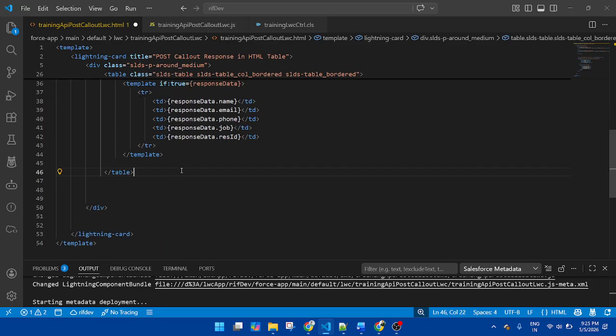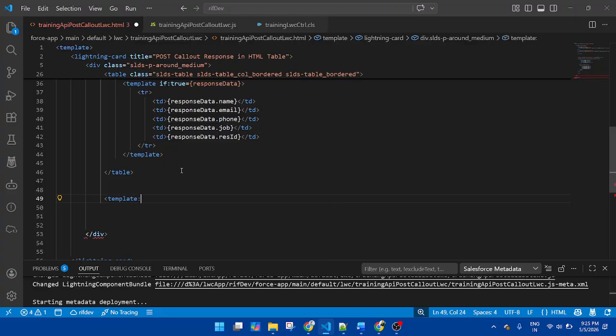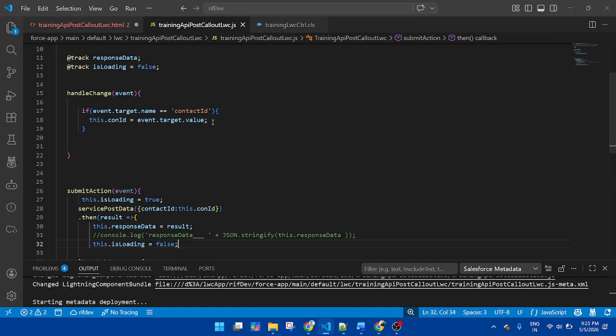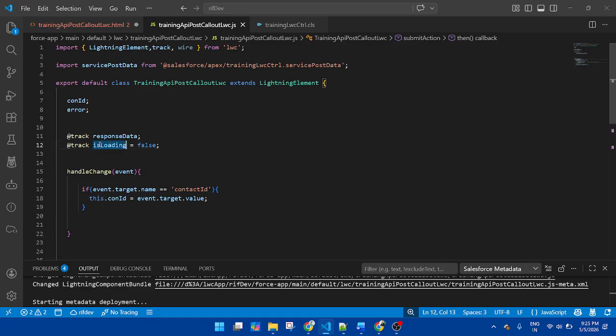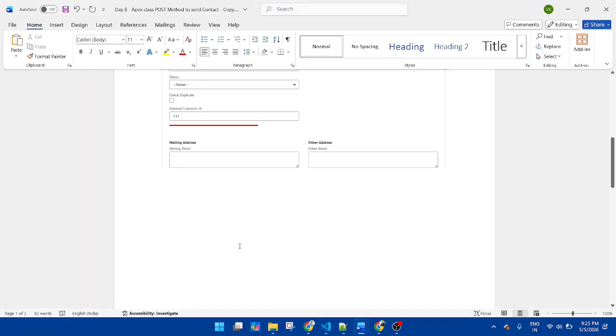Here I will create another template. Template if:true equal to, this time I will pass the boolean variable isLoading, this one. Here simply pass a p tag and the message you want to display.